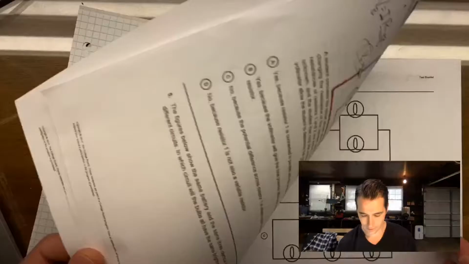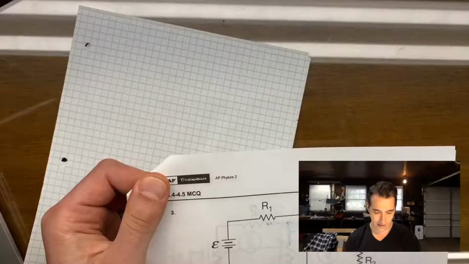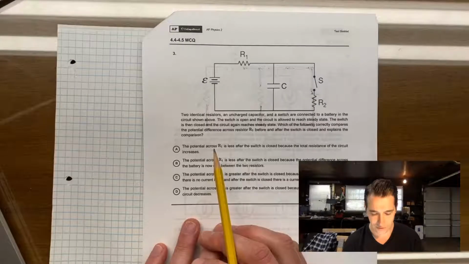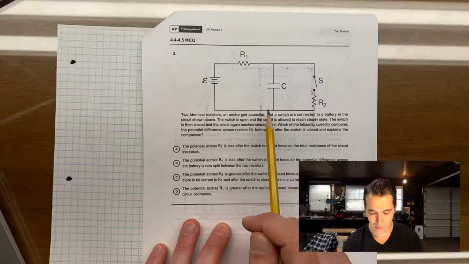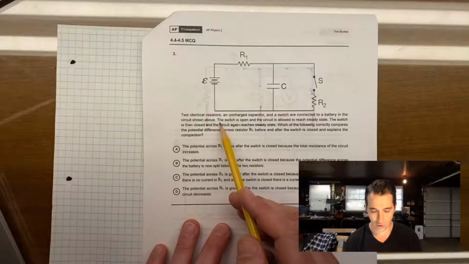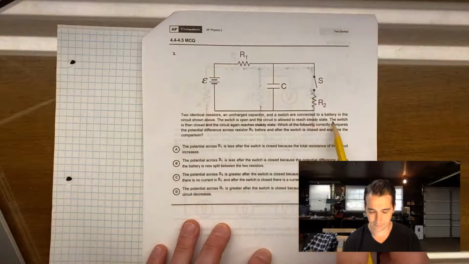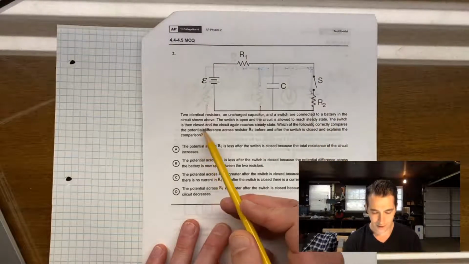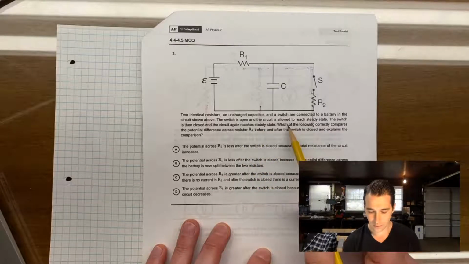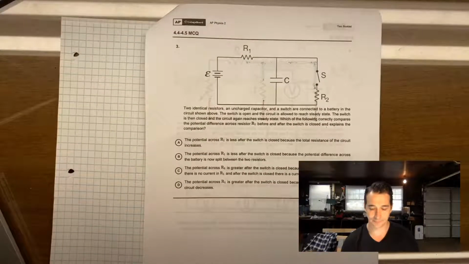Okay. So this is one of the others that I wanted to see. Here we have a circuit, 2 identical resistors, an uncharged capacitor, and a switch are connected to a battery in the circuit shown above. The switch is open, and the circuit is allowed to reach a steady state. The switch is then closed, and the circuit again reaches a steady state. Which of the following correctly compares the potential difference and explain the comparison? Okay, so